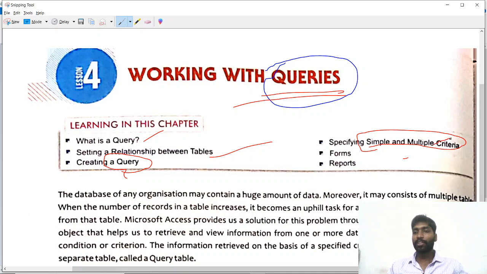Criteria means conditions. Simple condition, multiple condition. What are we giving in a query? We are giving conditions only. Then form and report. These are the things we are going to learn.